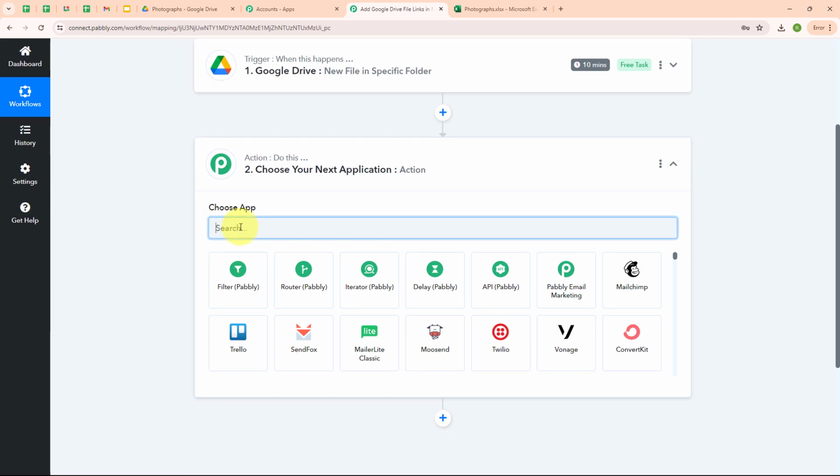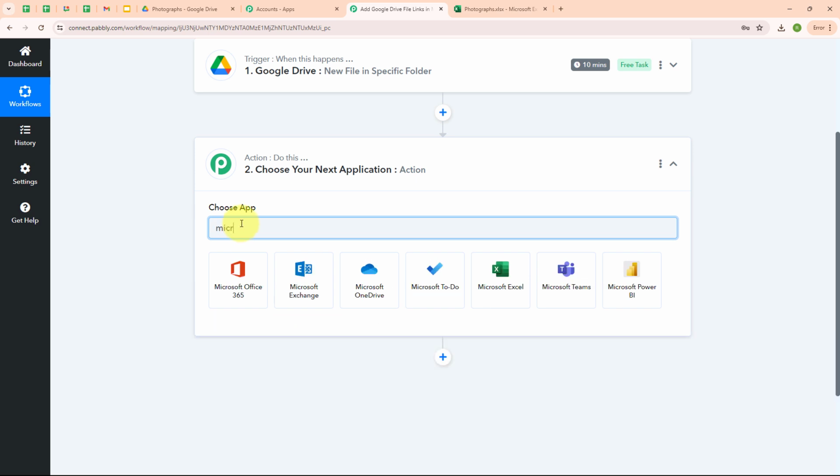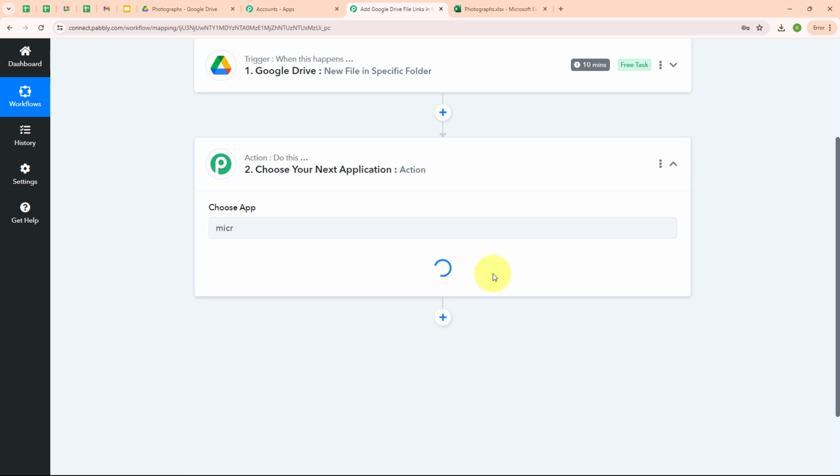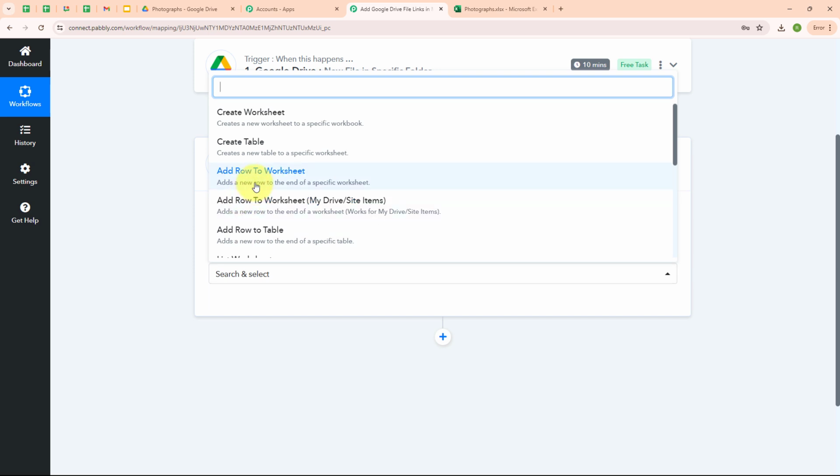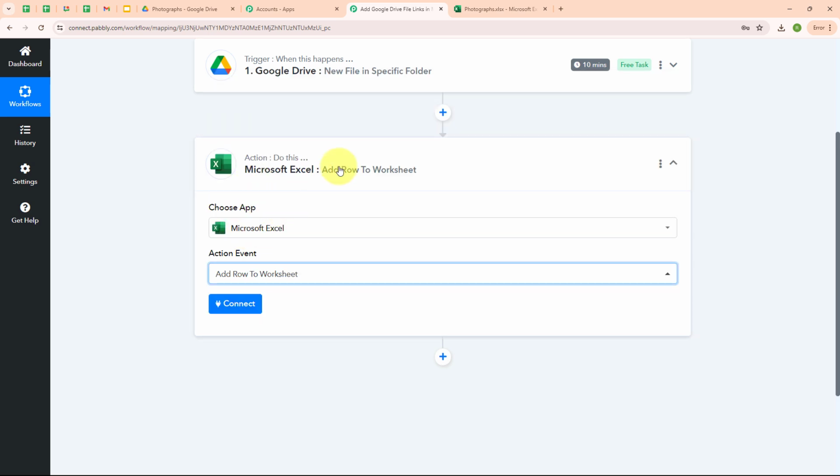Here I'm going to select my action application as Microsoft Excel, and my action event as add row to worksheet, so that whenever a new file is uploaded in my Google Drive, automatically the link and the details of that file should be added in my Microsoft Excel sheet as a new row. And now to connect my Microsoft Excel account with Pabbly Connect, here I'm going to click on